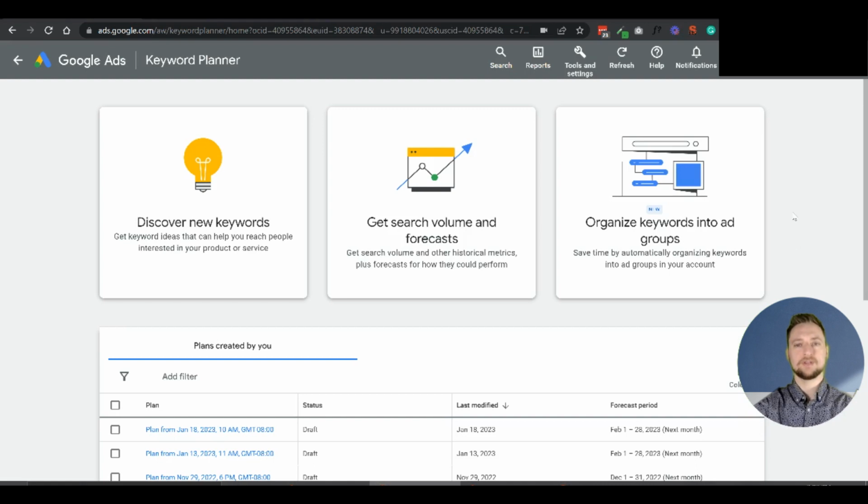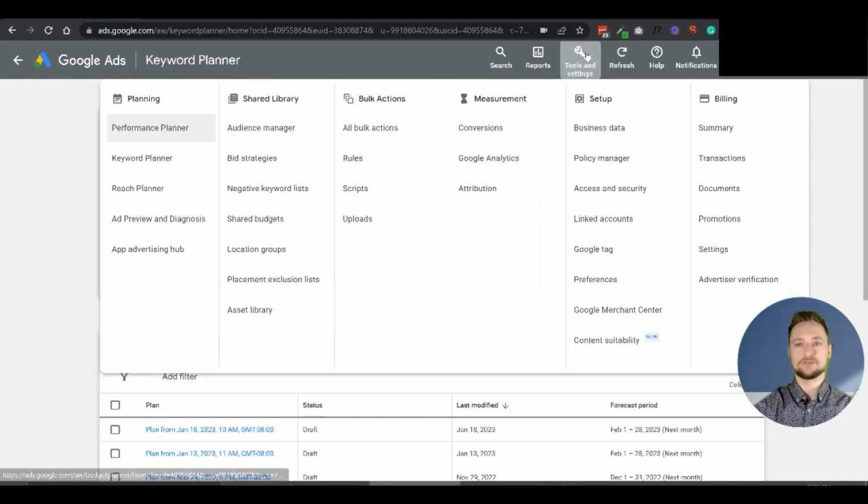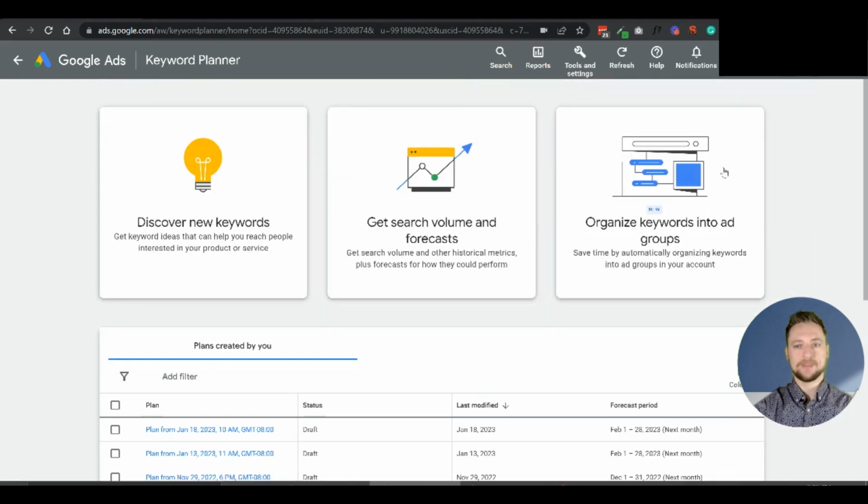The first thing to do is to pull up Google's free keyword planner tool. Now you might need to create a Google AdWords account to get access to this tool, but you don't have to run any ads, so it's free to use the tool once you have an account. Once you're logged in, you'll just go to Tools and Settings, and under Planning, you'll find the Keyword Planner right here. And once you open that up, we're going to choose the option Discover New Keywords here.